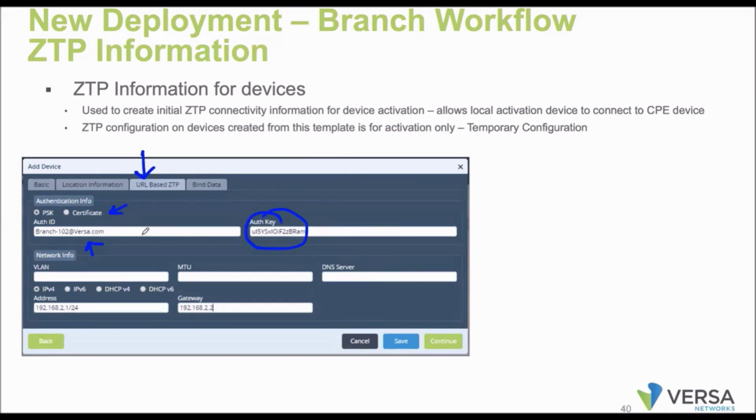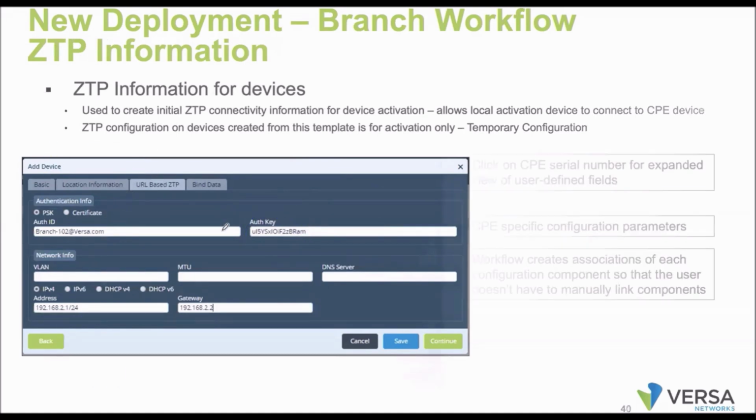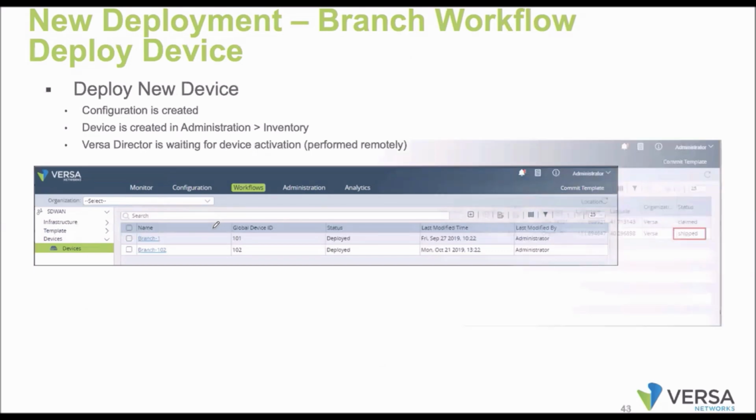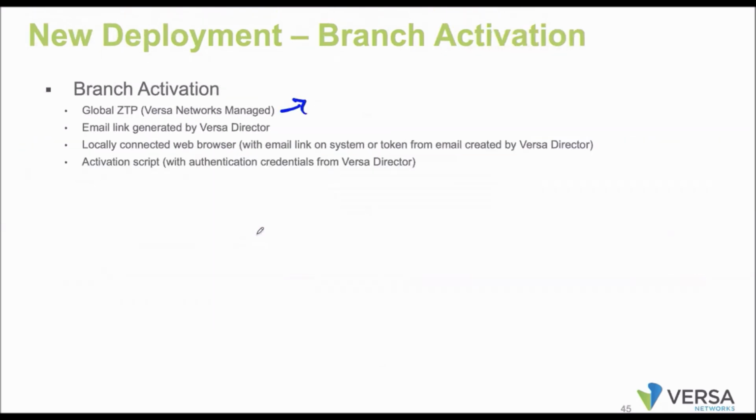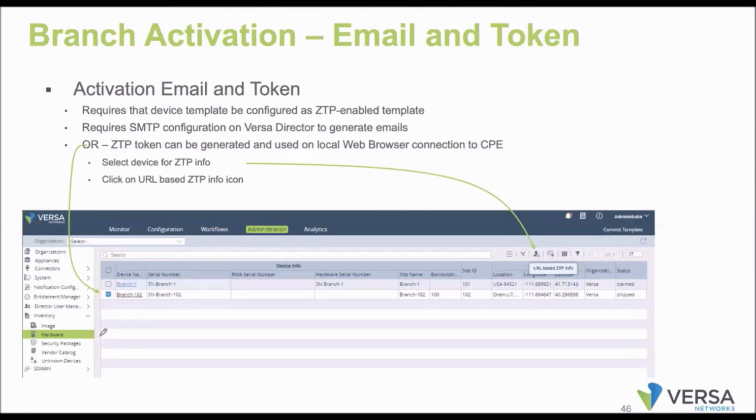What is the IKE identity parameter we are going to use? What are the WAN IP addresses? What are its gateway IP addresses? All this information we are going to feed when we are creating the device. So based on this information, what is going to happen? The token gets created. So let me show you the token.